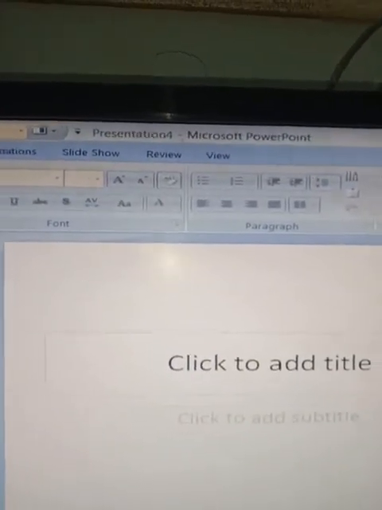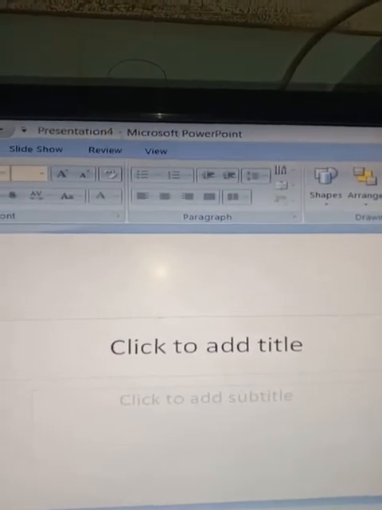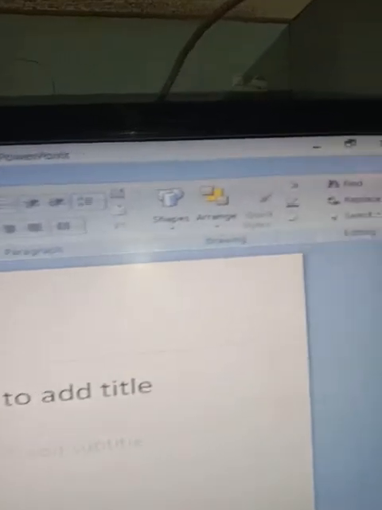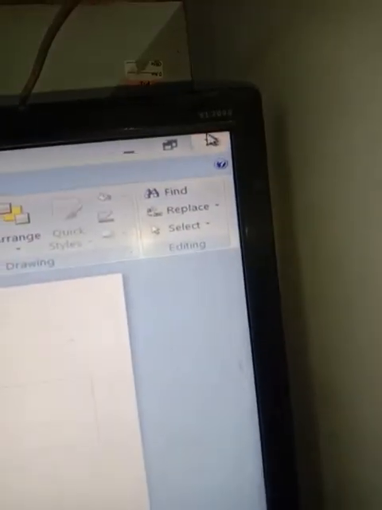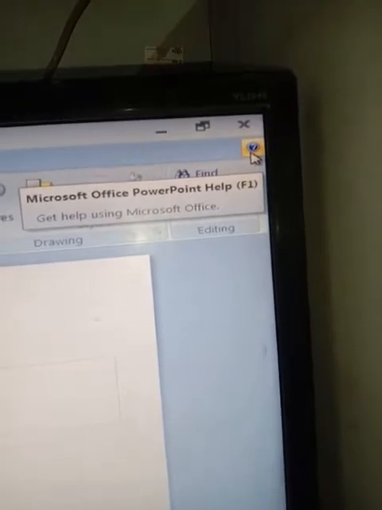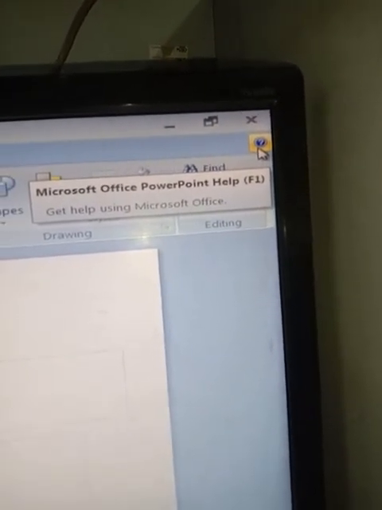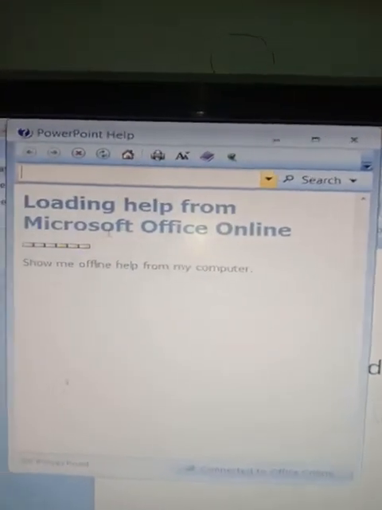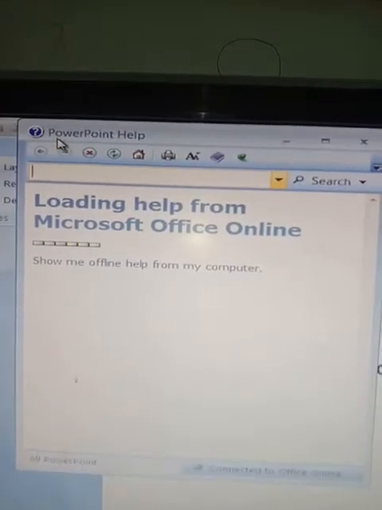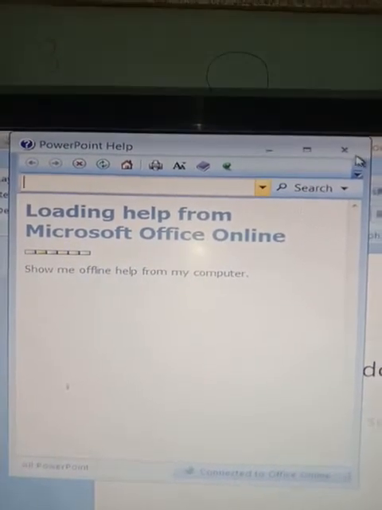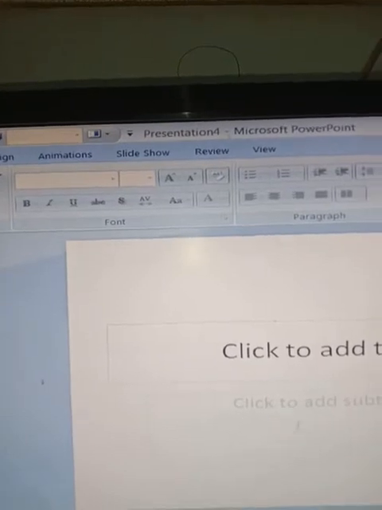Next we have the slide area. So this is the slide area. This is the slide area where we are going to create the slides or work on slides. Next, help button. So here the question mark that is available before us is the help button. We have the shortcut key of F1. When we press the help button, the help window will appear before us. Look, this is the help window, Microsoft PowerPoint help. Here we can search any topic that we want. So this is the help window.